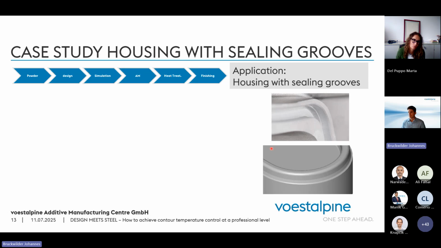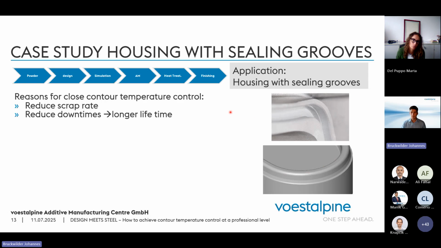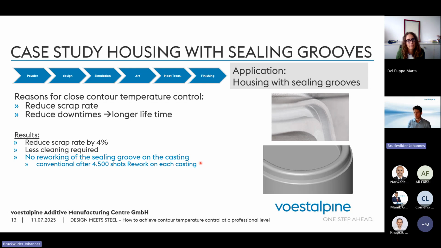Another case study is a housing with ceiling roofs. Here you see the 3D model. Here you see it on the aluminum part. The reason why we put a conformal cooling below here was that the customer wanted to reduce the scrap rate and also wanted to reduce his downtime to prolong the lifetime. What we got was a scrap rate reduction by 4%. We had less cleaning required, but most important for him was that they had no reworking on the ceiling roof